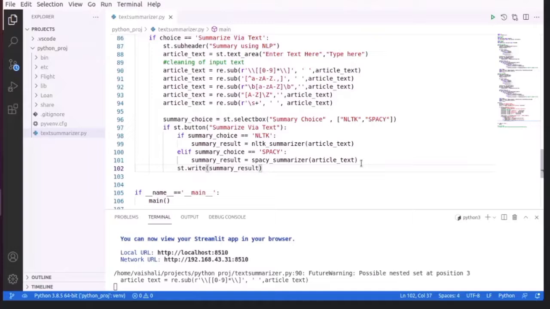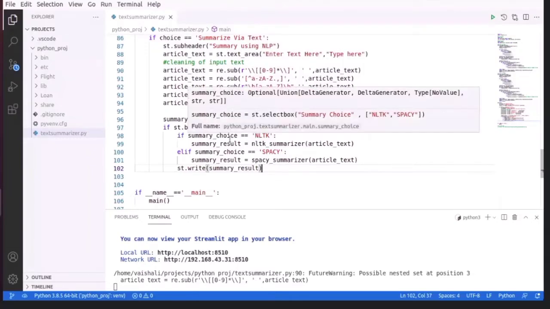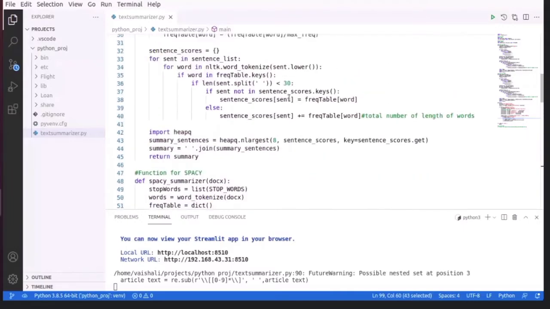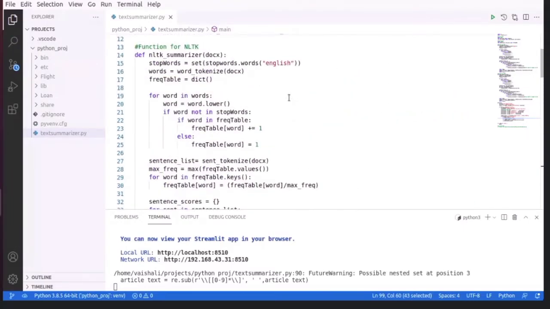Like here, if the user selects NLTK, then the NLTK summarizer function will be called, else the Spacy summarizer function will be called. If we have NLTK as summary choice, then the NLTK summarizer function will be called, where article text is passed. Vrishali, can you move to that function?